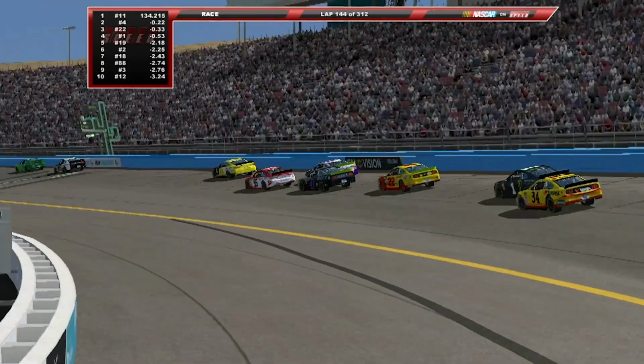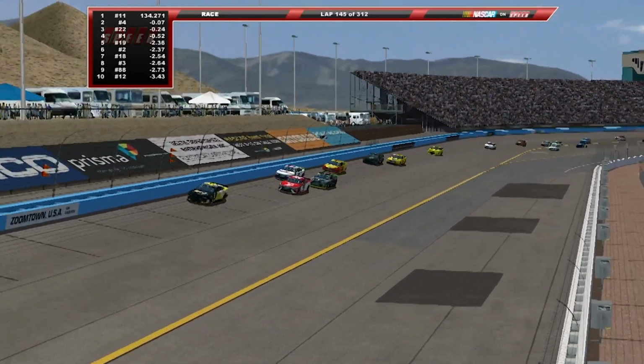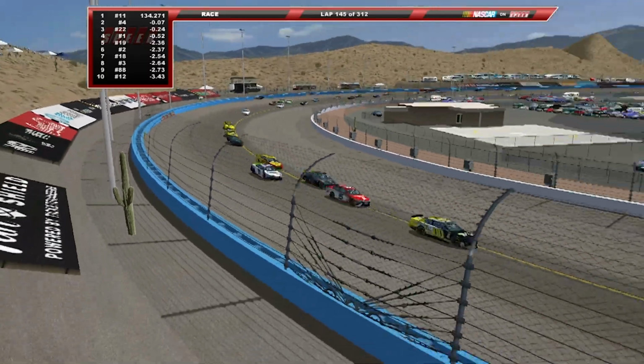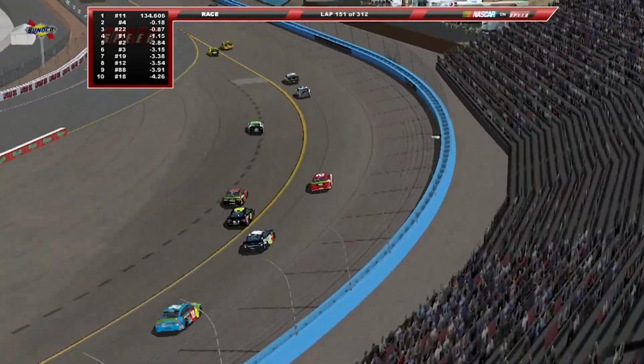And with the 11 car on the outside of a lapped car, here comes the 4 car to the bottom line, and they're side by side for the lead. This will change the complexion of the playoffs entirely because Harvick already has that victory from Texas. Hamlin needs to get that victory to try to beat out the drivers in front of him, Kyle Busch and